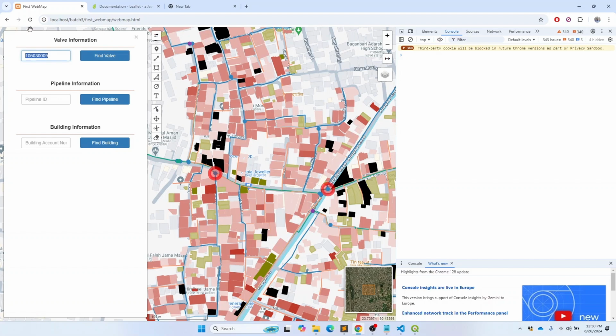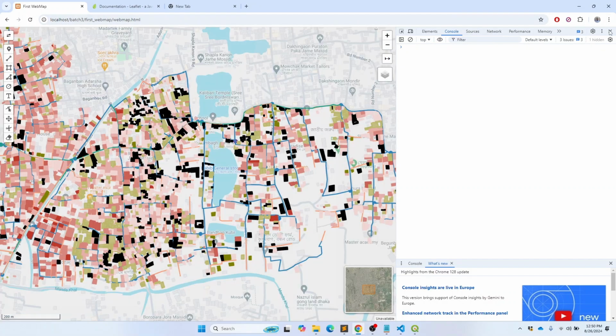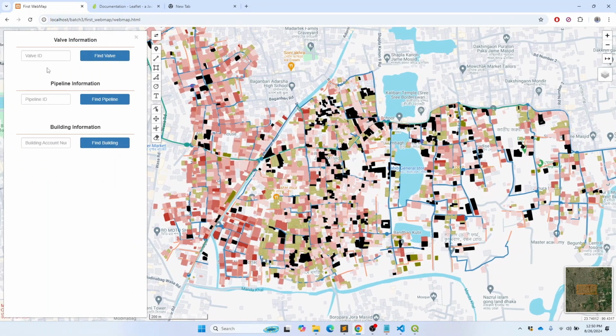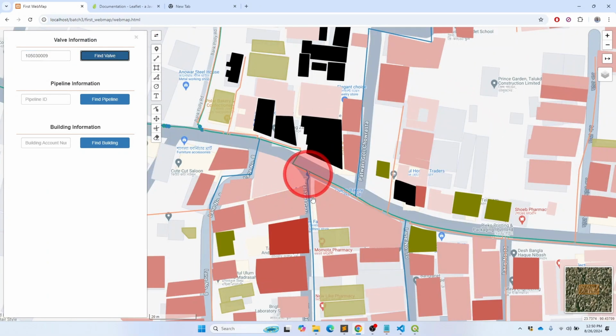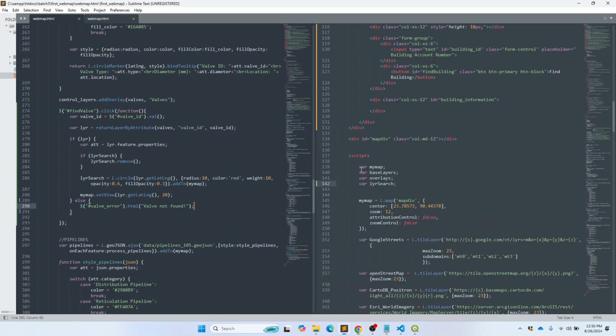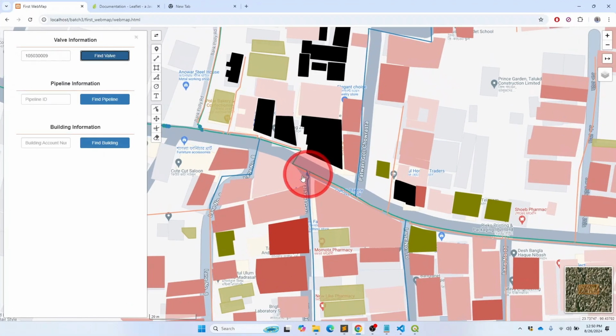Okay, I'll copy that, remove that, and after that, let's paste it here, find valve. You see, it is now working. Maybe I'll zoom to 20, zoom is okay. Maybe 21 zoom will be good. 21. And another thing is that this valve layer, if we hover over it, it is at the behind